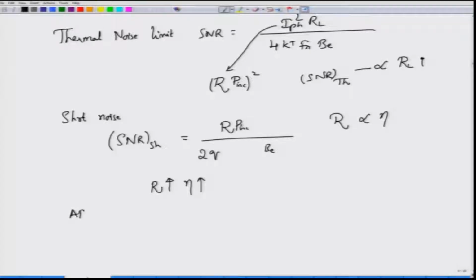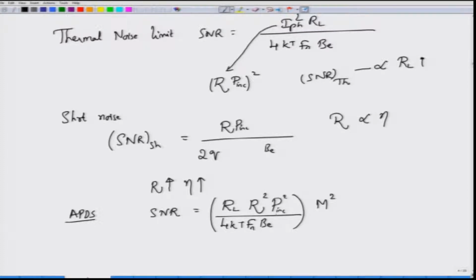However, for APDs the situation is slightly more complicated, because for APDs the signal to noise ratio is actually dependent on RL. As I said, APDs actually operate in the thermal noise limit. So, it is proportional to RL, but if you put in the multiplicative terms and write down the shot noise variance terms there, you will see that this is given by RL R square 4kT, the excess noise factor Fn times Be. This entire thing gets multiplied by M square. So, this R into P incident is nothing but the photocurrent IPH. So, this is IPH square, but what you see here is that there is a multiplication factor M square